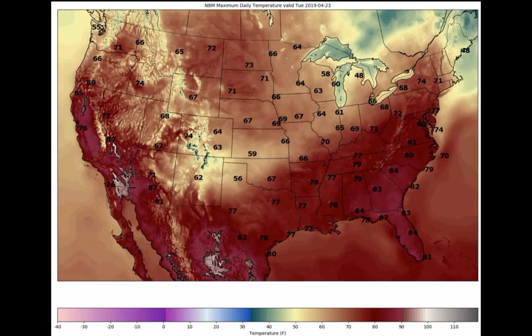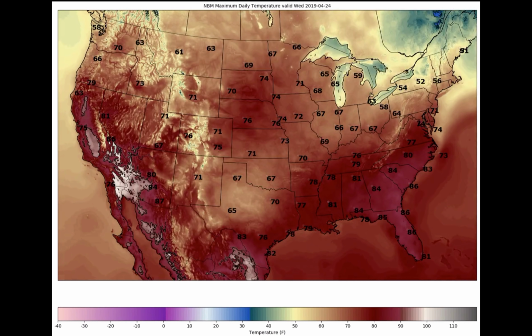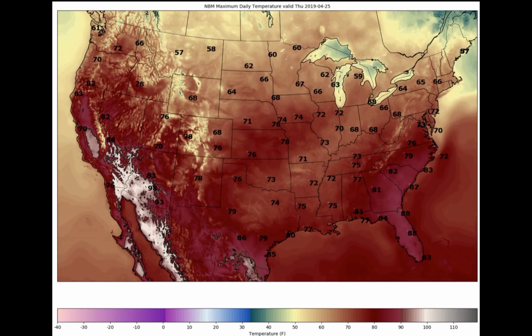Well, I'm not going to touch next week yet, but to get us through this week, starting off with our Tuesday high temperatures, of course, you're seeing that front sag through the area, so cooler temperatures across the central Corn Belt, already warming up, though, across parts of the north, and then, of course, warmer in these regions where the cold front hasn't yet made its way through. Wednesday high temperatures starting to rebound across the central U.S. Thursday,